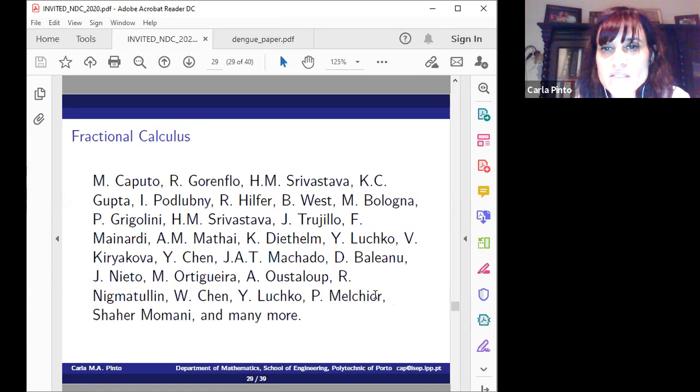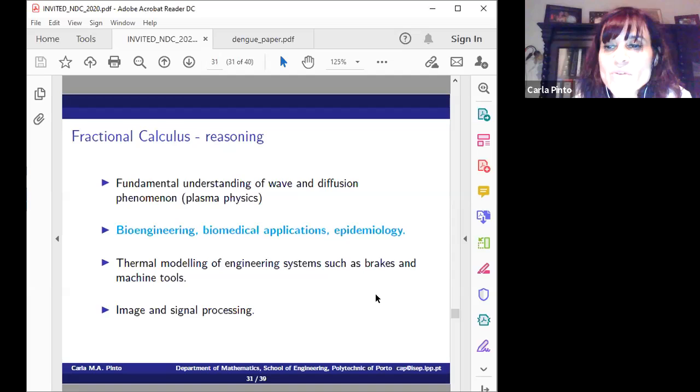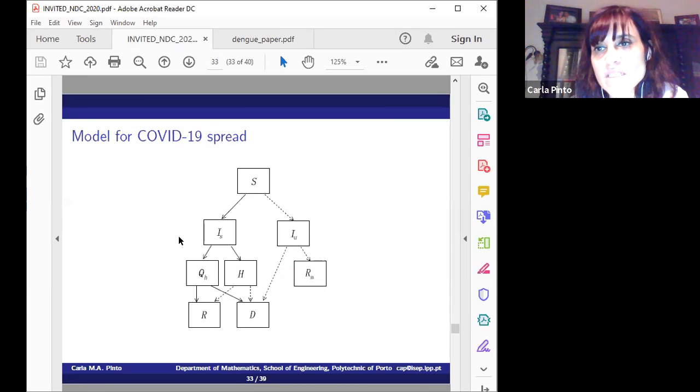These are just a few. And fractional calculus is applied worldwide in several areas of knowledge: mechanical, electrical, thermal, viscoelastic, etc. The one that I'm interested in personally is bioengineering, biomedical applications, and epidemiology. So these are the main fractional derivatives, and I just wanted to show you a simple model for COVID-19 spread, in which we have the susceptibles,